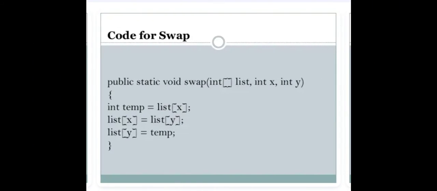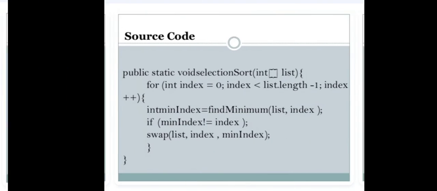Code for swap: public static void swap(int[] list, int x, int y) { int temp = list[x]; list[x] = list[y]; list[y] = temp; }